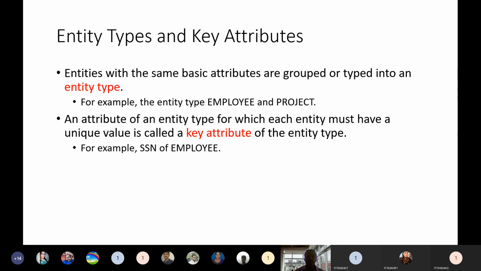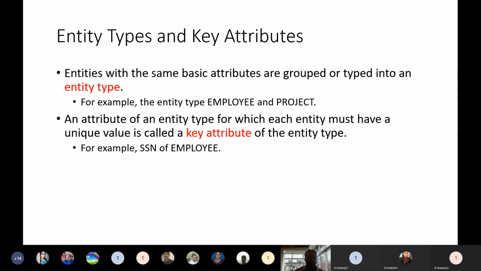If you look at this definition, an attribute of an entity type, where entity type is nothing but a group, a group of attributes for which each entity must have a unique value. One attribute from the entity type should have unique values. We call that the key attribute of the entity type. Of course, different keys exist.